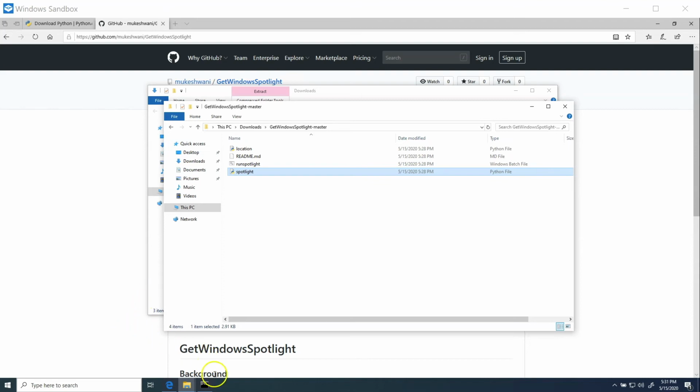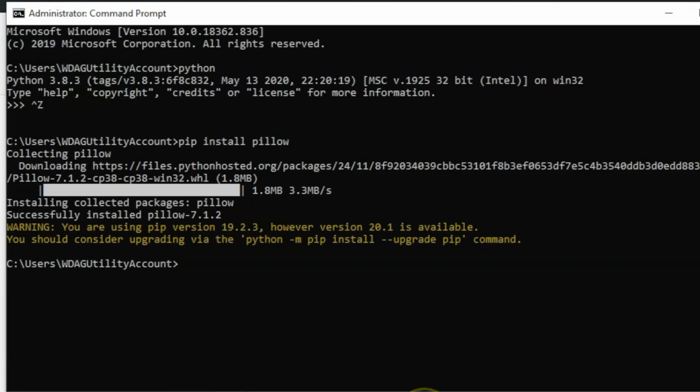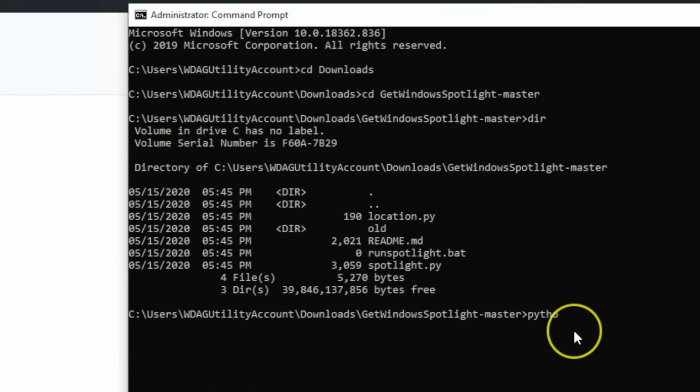So let's go ahead and do a quick test run and see how it works. The script is in my downloads folder, inside a folder git windows spotlight-master. So if we run this, we would type in python and then the name of the script, spotlight.py,